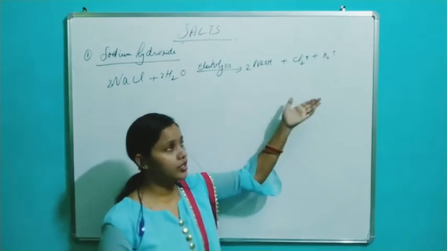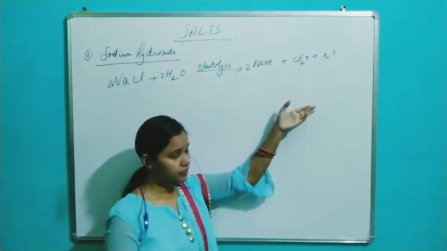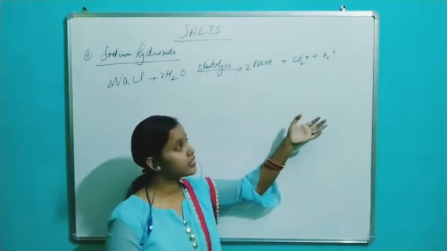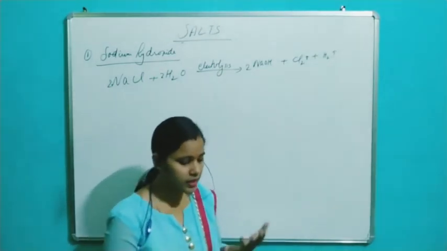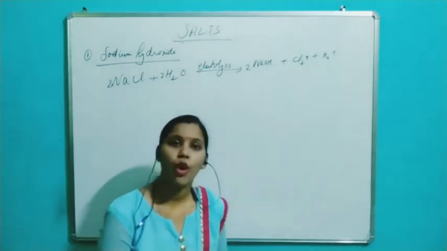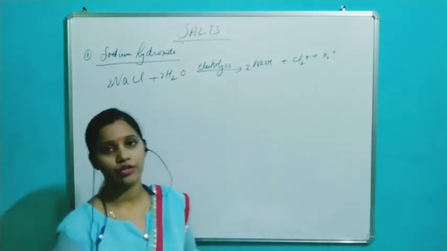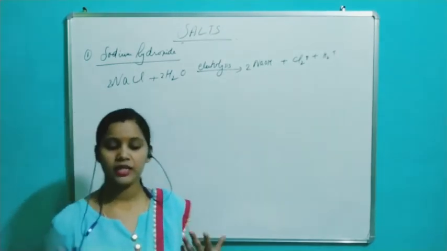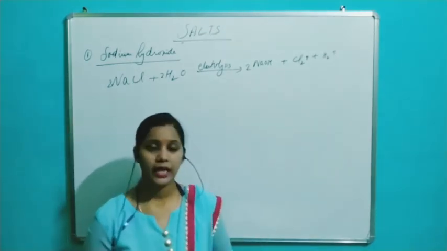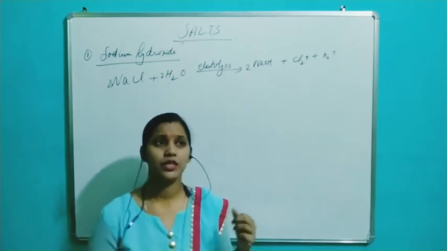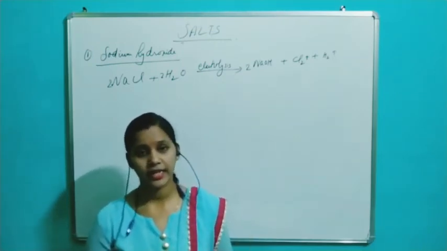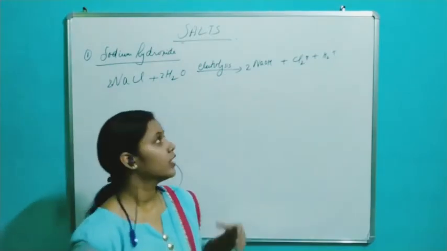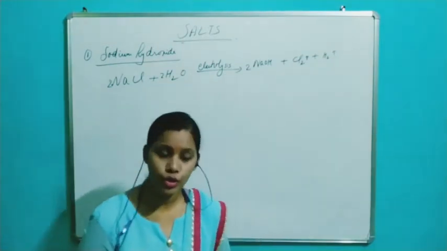Then hydrogen, we know, is used in the production of hydrochloric acid. It is used for the hydrogenation of oils. It is used as a fuel, and so on. There are so many uses for hydrogen. And the uses of hydrochloric acid: it is used in medicines and cosmetics. It is used in textile, dyeing, tanning industry, etc. So we should know the uses of the chemicals also.